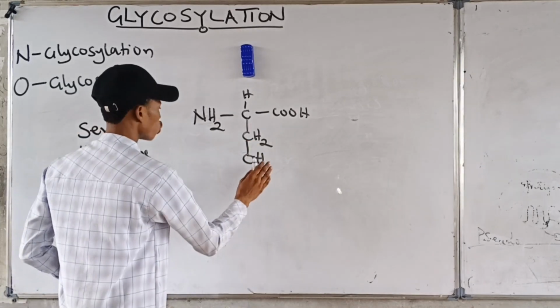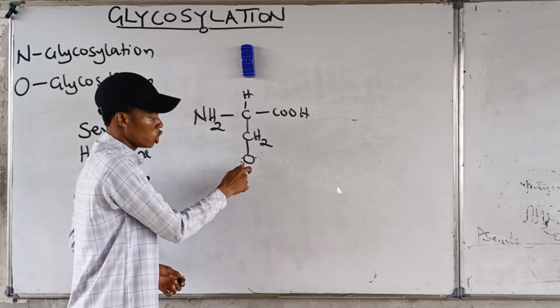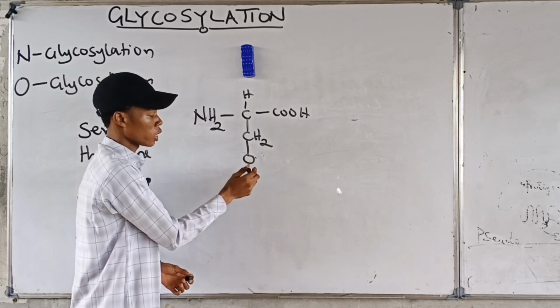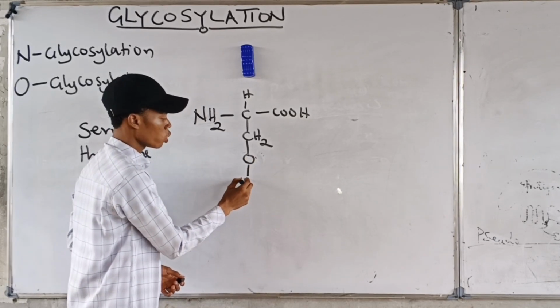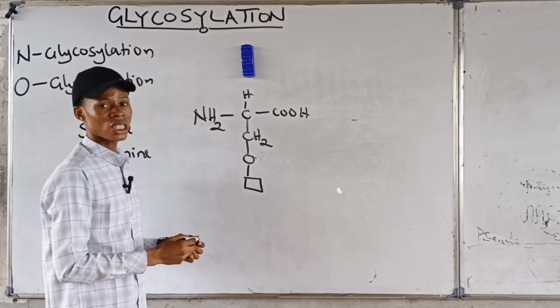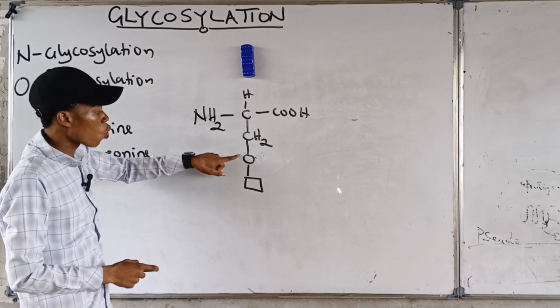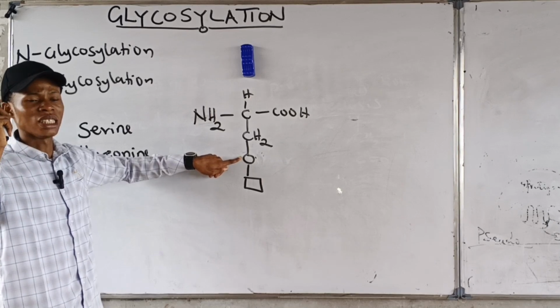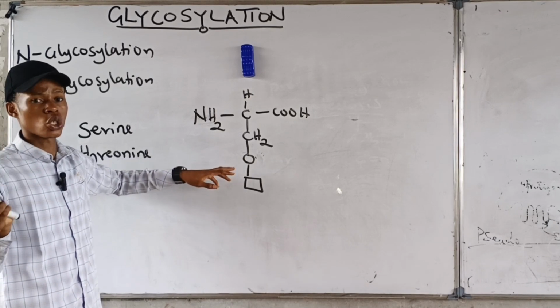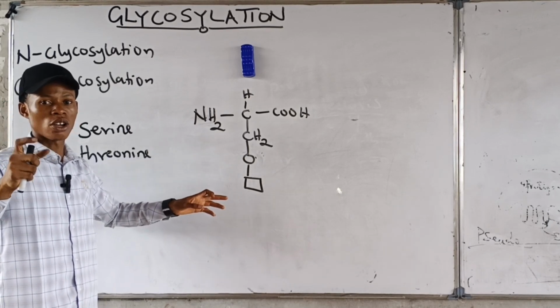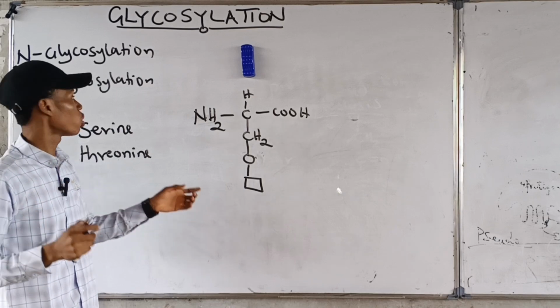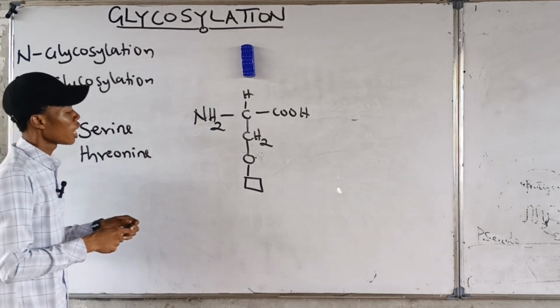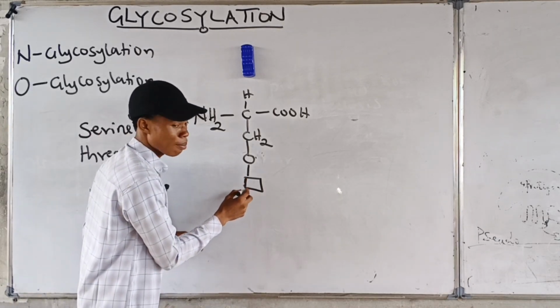If we attach a sugar unit to this oxygen from the hydroxy group of serine, what I now have is O-glycosylation. Remember, in N-glycosylation, we're attaching it to the N-amide nitrogen of asparagine, but in O-glycosylation,